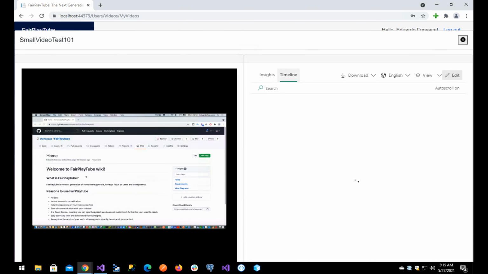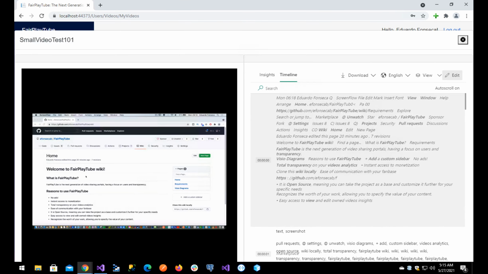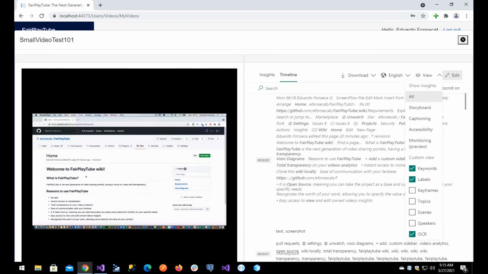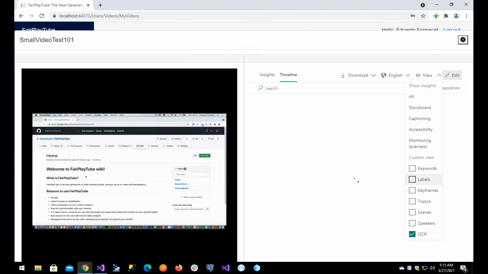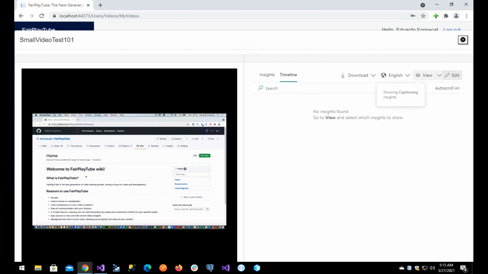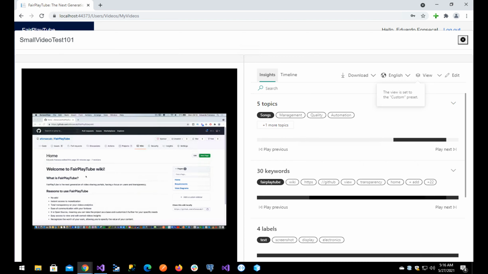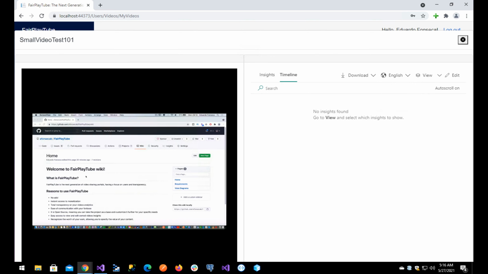You are able to go to the timeline and modify a lot of things in the timeline. For example, if you wanted to modify the captioning, actually the transcription, actually this video does not have a transcript because it didn't have any voice in there, but you will be able to see here all of the captioning, and you will be able to edit it.